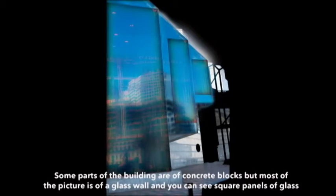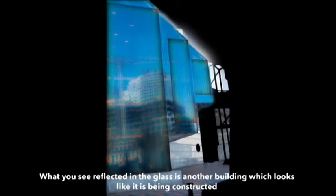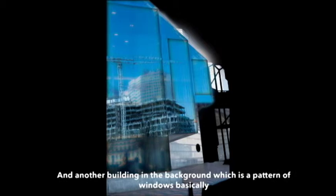square panels of glass, and that's very interesting that it's glass, because you can see a reflection of what must be on the opposite side of the building, reflected in the glass. And what you see reflected in the glass is another building that looks like it's being constructed. There is a crane there in front of the building. Basically the building isn't finished yet, so you can see the structure of it with holes in, and another building in the background,